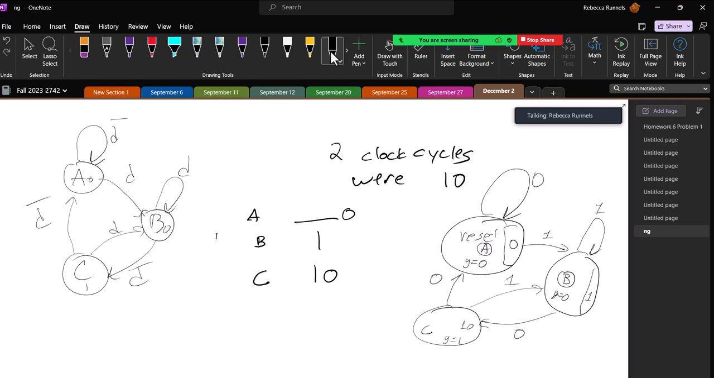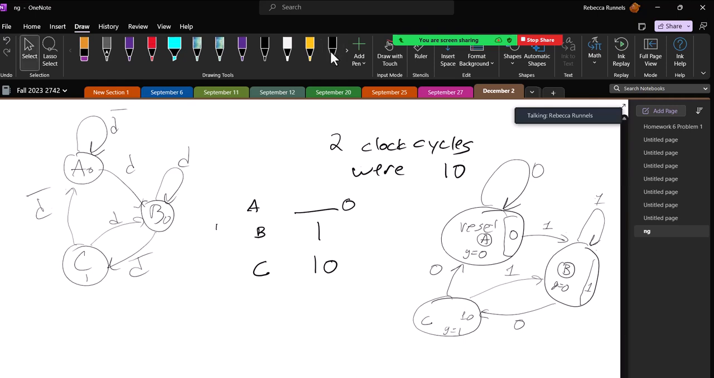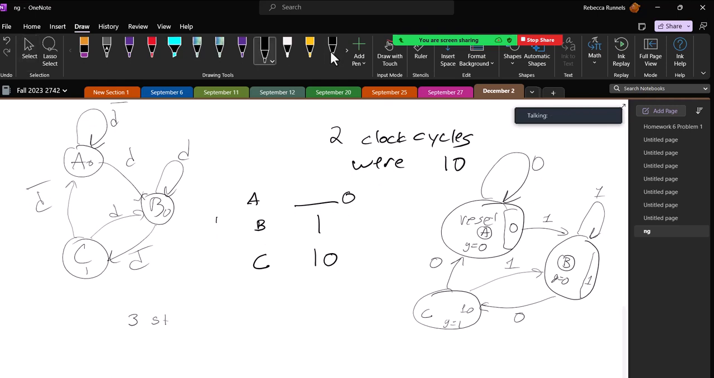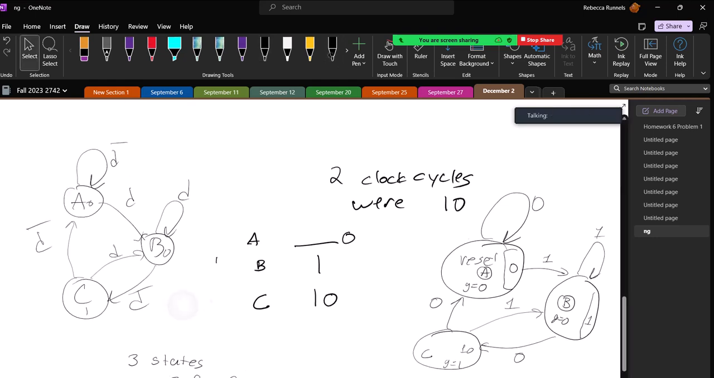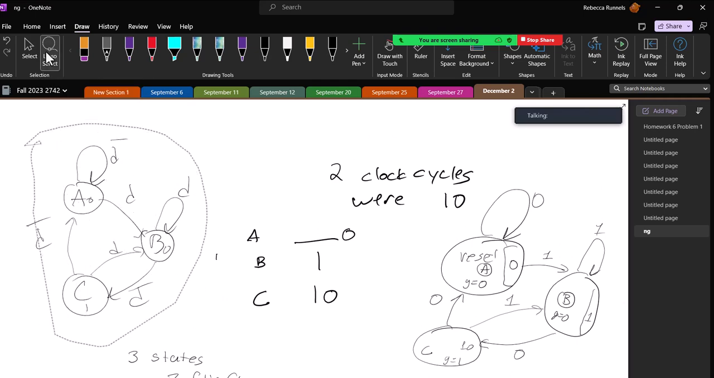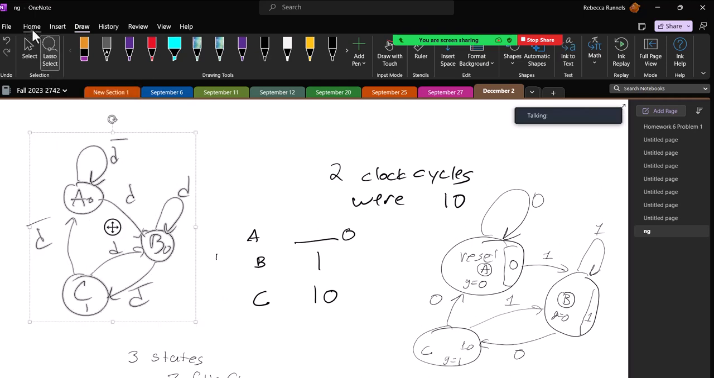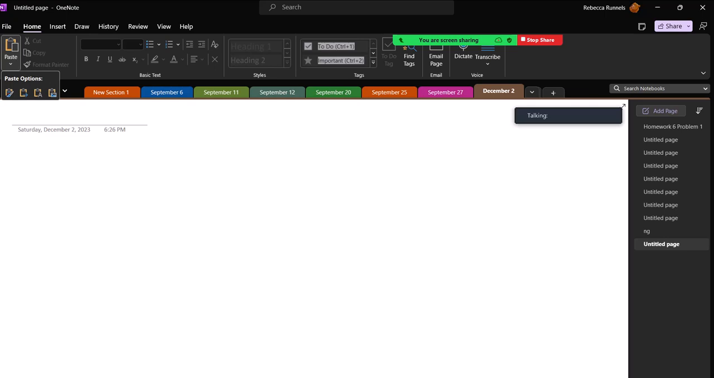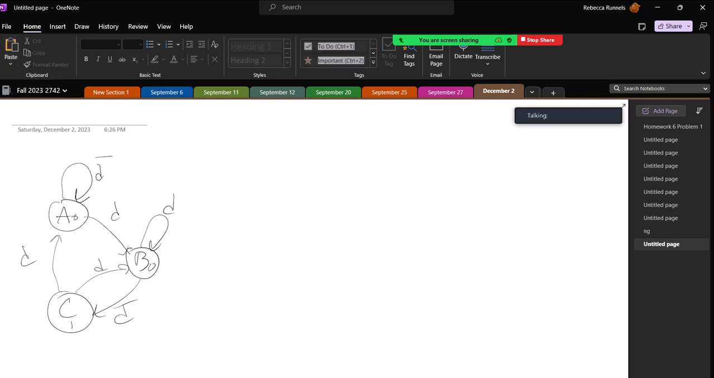Okay. So now in this machine, I have 3 states. So how many flip-flops do I need? 2 flip-flops. 2 flip-flops. All right, so I'm going to have 2 flip-flops, and